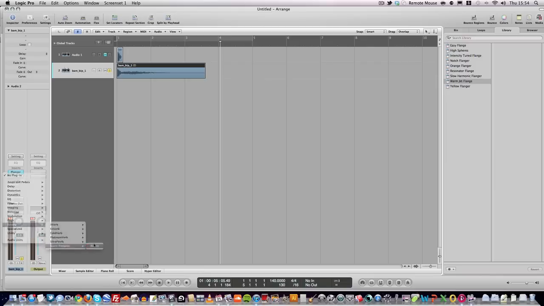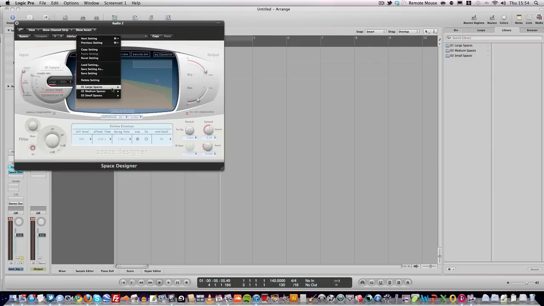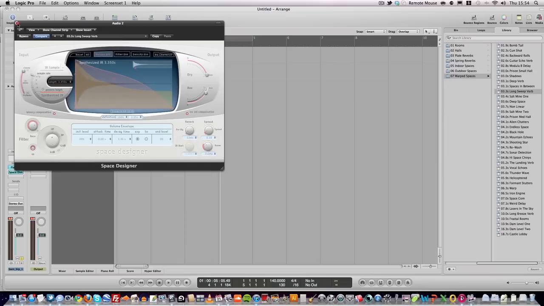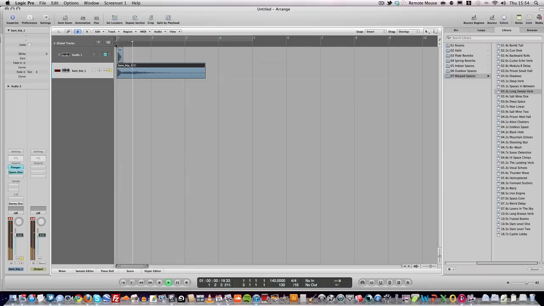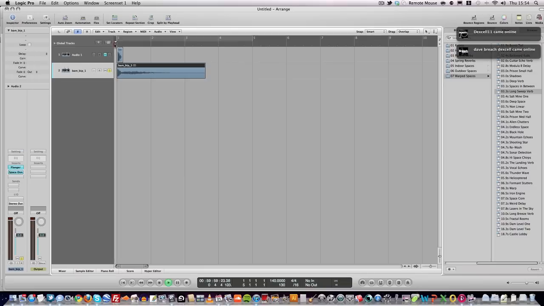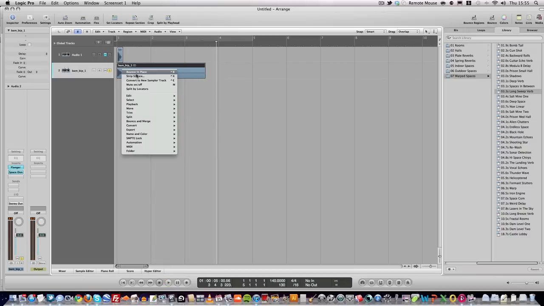So we'll go to our Space Designer, find some random one. We want to use a large kind of tail, so we'll use a warped space. I don't know what any of these sound like. Let's have a look. See what this one sounds like. I need a bit more tail, I think, so we'll whack it up a little bit. Sounding quite cool. So what I'm going to do is right click on it again, press bounce in place,